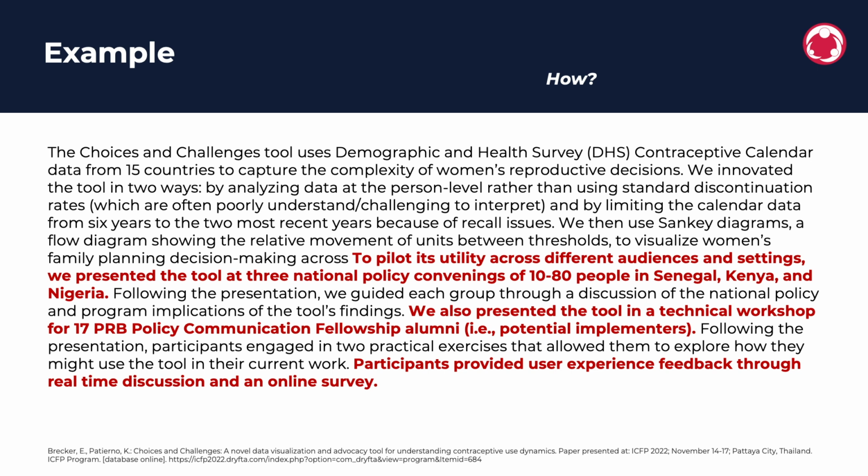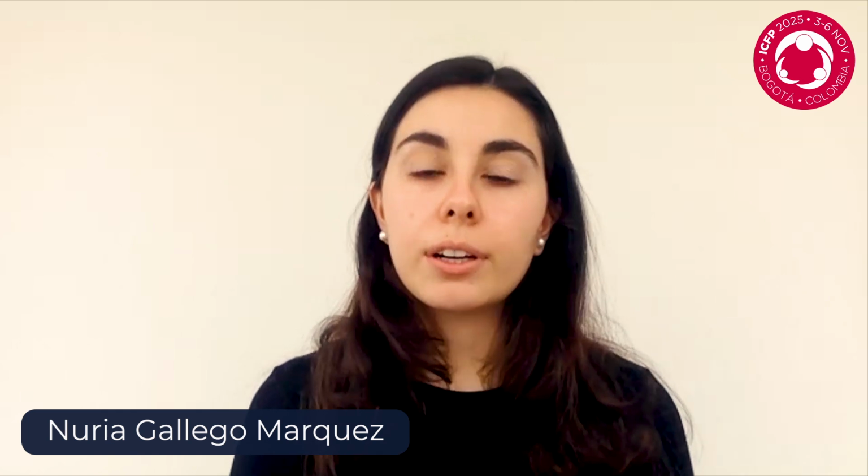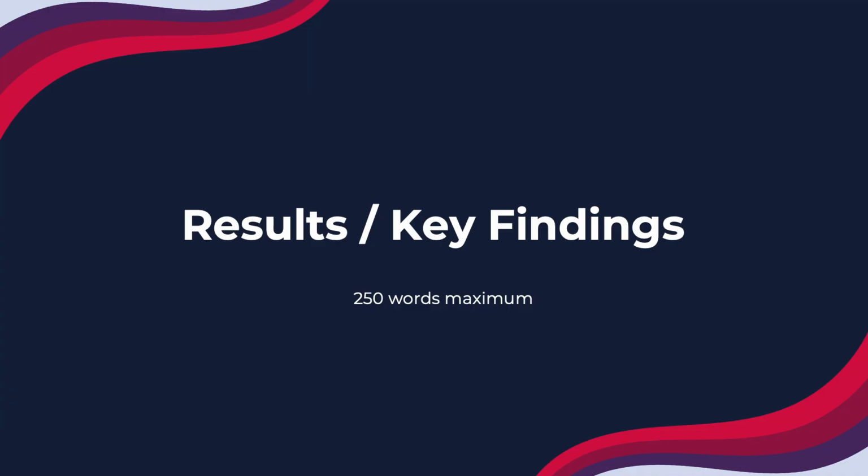As highlighted, the authors went into a lot more detail about how they implemented the advocacy intervention described earlier in the intervention section. The authors cover what specific actions were taken, such as developing accountability work plans and conducting power mapping of decision makers. They also described the accountability tool in more detail and gave specifics on the location and timeframe. Now let's look at the results and key findings section.